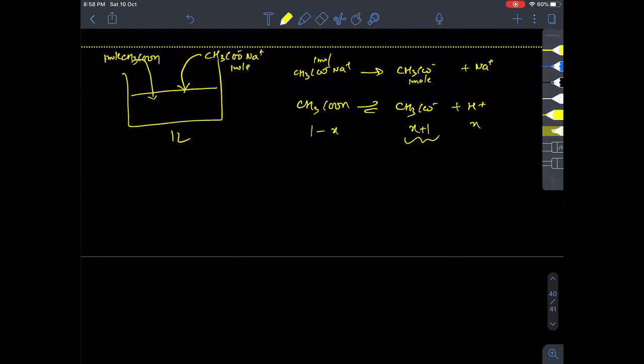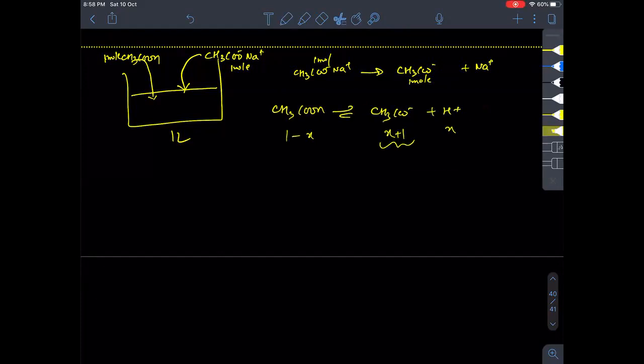Now the whole thing is, because the equilibrium constant for a weak acid is very, very small, because it is a weak acid, Ka will be of the order of 10 to the power minus 5. Now, if it is very small, the x value will be very small as compared to 1. Already it was very small, and when you add something from outside, it will go back further. So overall, this thing will be approximately 1. That's how you are supposed to solve. It is not new at all. It is just like the previous problems that we have solved.